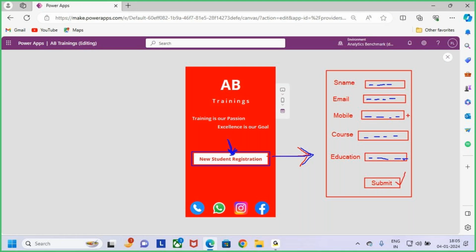when I click on the submit button, this data needs to go and be submitted to where? This data needs to go to the data source. What data source am I taking here? I'm going to take SharePoint as my data source. So once I click on this, try to understand, guys. What I'm telling here is,